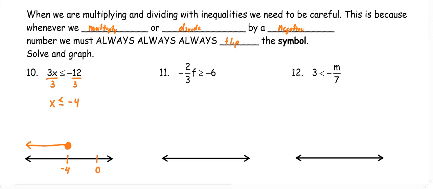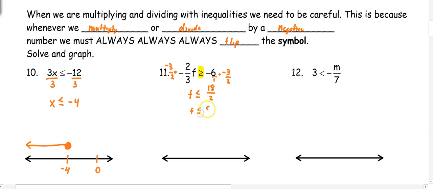Number 11, we have negative 2 over 3 f is greater than or equal to negative 6. So in order to get rid of a fraction, remember we multiply by the reciprocal. So we're going to multiply by negative 3 over 2. Now, because we multiplied by a negative number, we need to flip our inequality sign. So when I rewrite my problem, it's now f is less than or equal to, and we can multiply. Negative 6 times 3 is 18. We can put a 1 underneath, so we have 18 over 2, which really means